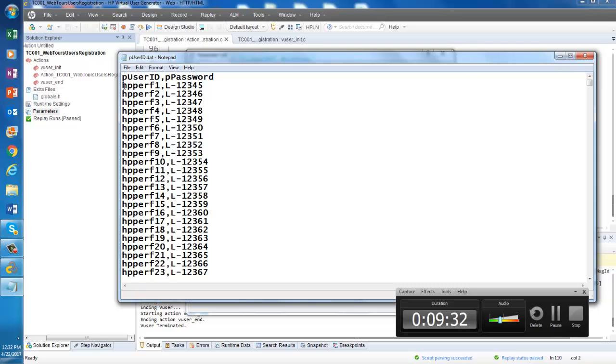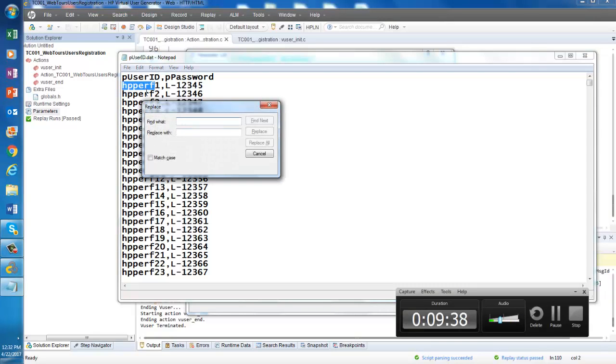So what I am going to do here, instead of HP perf, with Control H, HP perf, I am going to put Software test LR perf, and replace all.